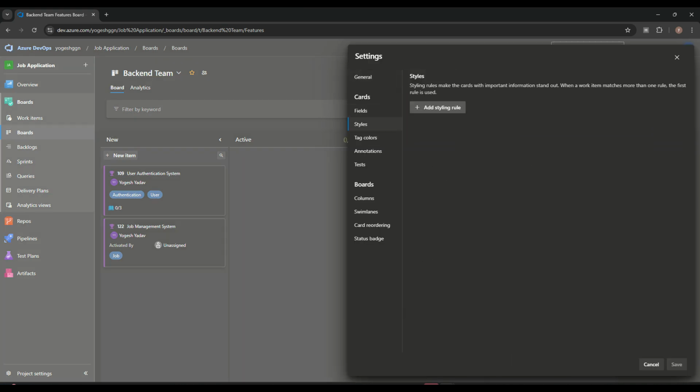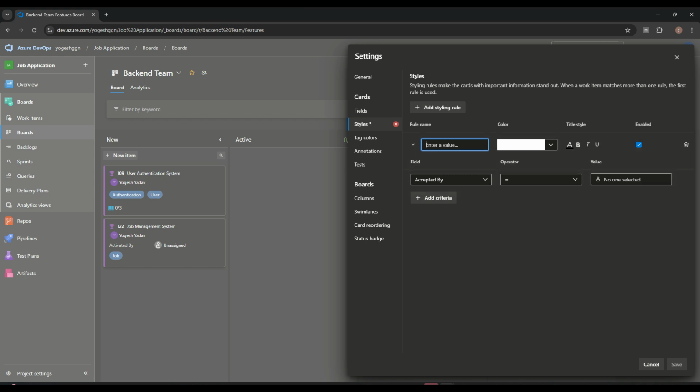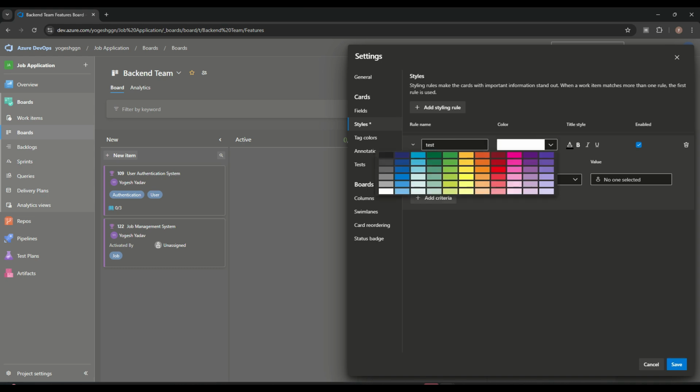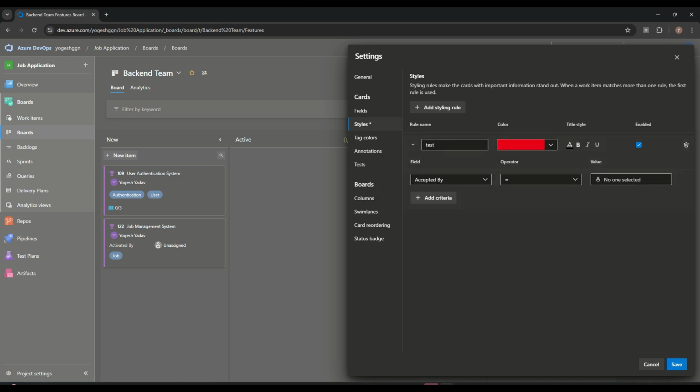Another thing is we have style. We can add style in the card. Suppose we have a lot of work items, I want to do styling. That work item has a particular status, that work item is assigned to a particular person, anything, whatever we like. Suppose I want to make it a color, any name I can give it. Suppose I will give the name test. The color I want to choose is this one, and what condition you want to write down, I will just simply say